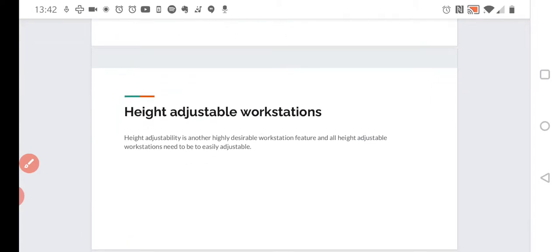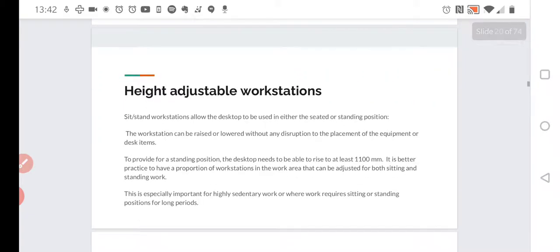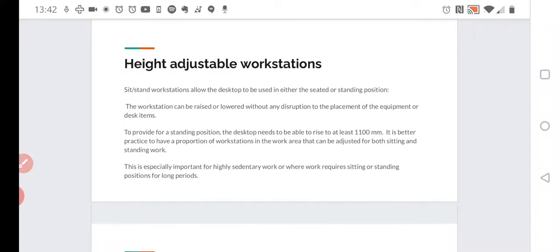Height adjustability is another highly desirable workstation feature, and all height adjustable workstations need to be easily adjustable, like we talked already about the chairs. Sit-stand workstations allow the desktop to be used in either the seated or standing position. This is something very good. This kind of workstation can be raised or lowered without any disruption to the placement of the equipment or desk items. To provide for a standing position, the desktop needs to be able to rise at least